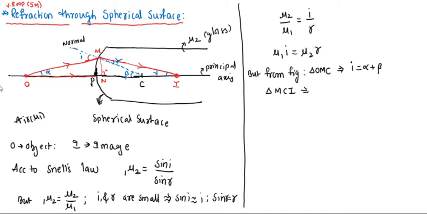From the triangle also we have to apply the same formula, that is, the external angle equals the sum of internal angles. For this, what is the external angle here? You see here beta is an external angle in the MNC triangle, MCI triangle. Beta is the external angle, r and gamma are the internal angles. Then we write,